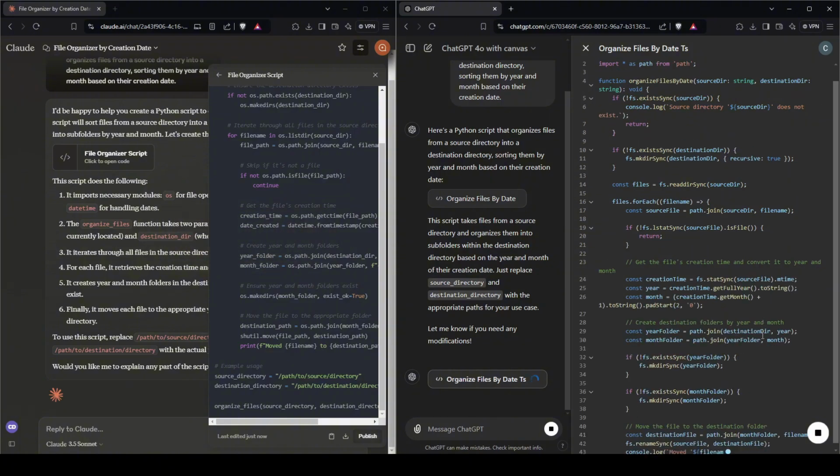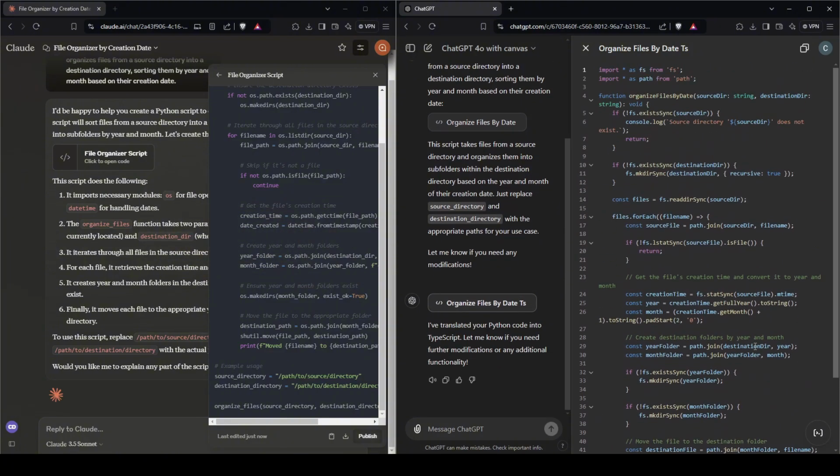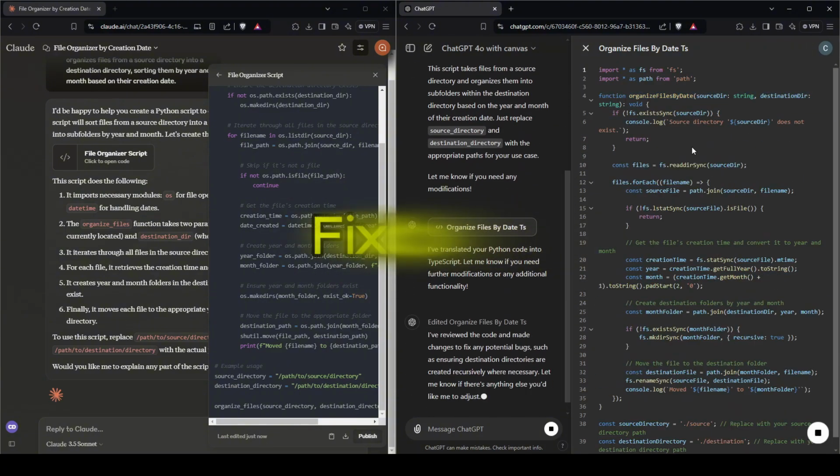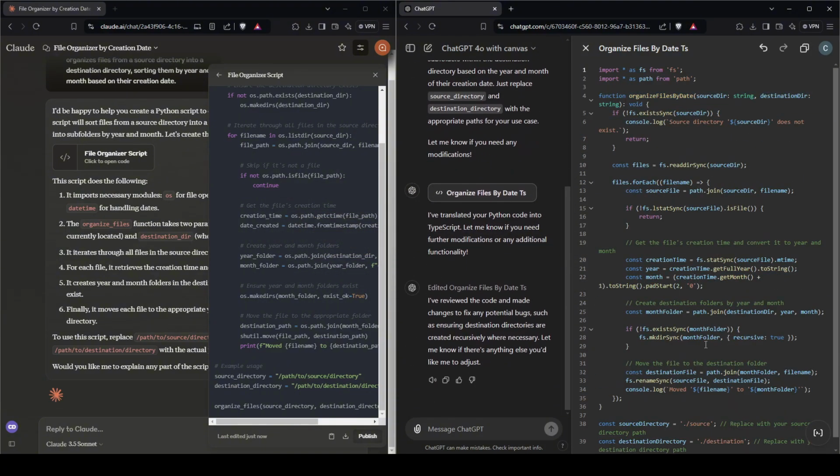There you go, it's converting it to TypeScript. Of course, to run this, we need to use Node.js, but let's assume that it runs and we just need to fix some bugs. So let's try fix bugs. It is scanning the code line by line and looks like it fixed some potential bugs there. There's a bit of change there, so hopefully it does fix some bugs.